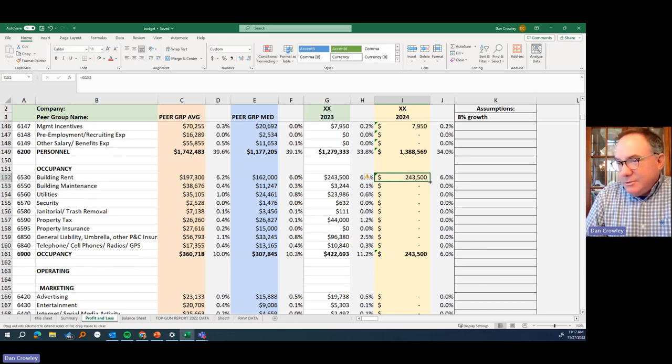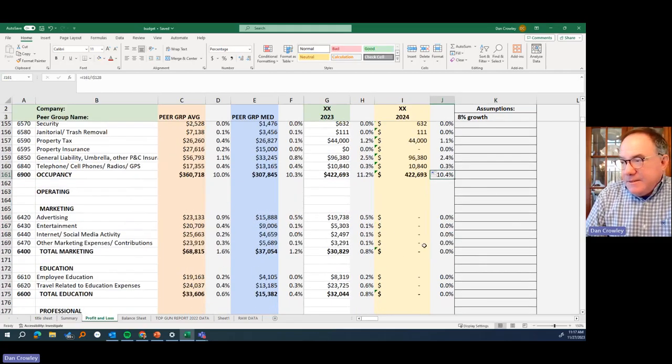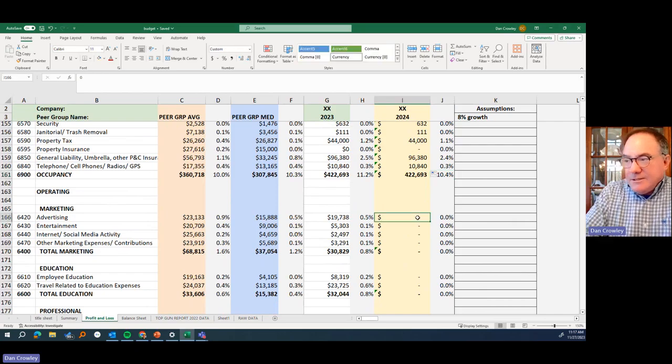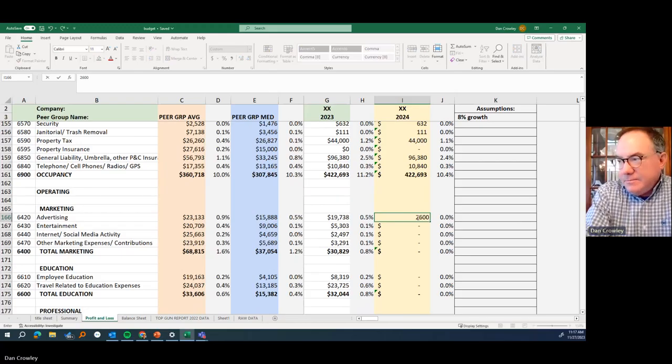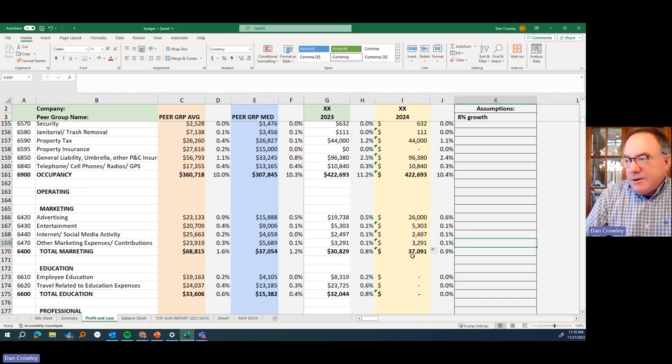and that I should have similar expenses. Now we can certainly make those changes, but right now you'll see it's flat. And of course, as a percentage of revenue, you can see that going down. The same thing goes here, but we did mention that we were going to increase marketing. So let's take advertising up to 26,000. And then let's grab the rest of these, entertainment, our entertainment budget, all these things will stay the same. And you'll see that we increased our marketing